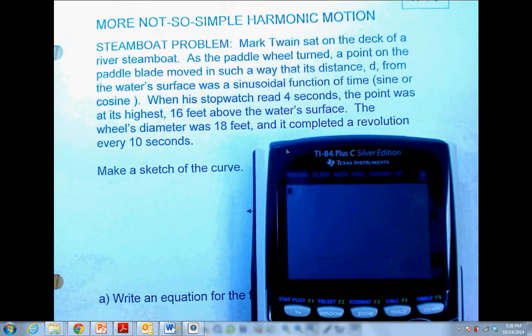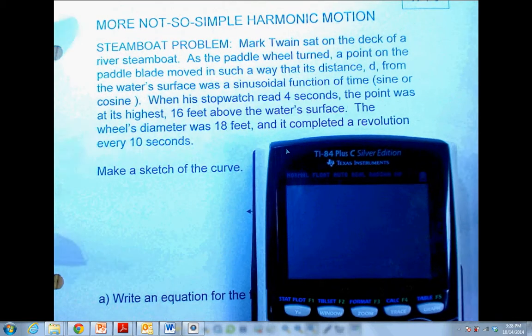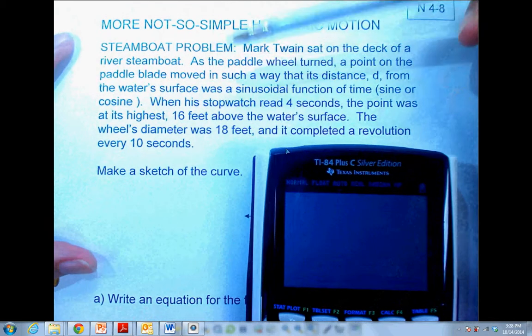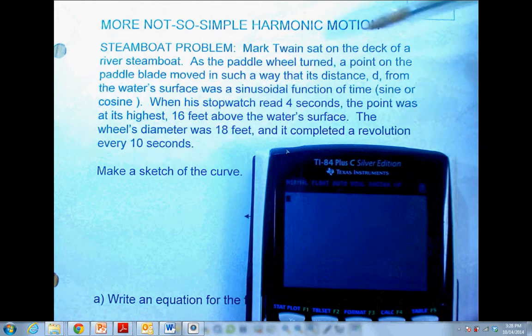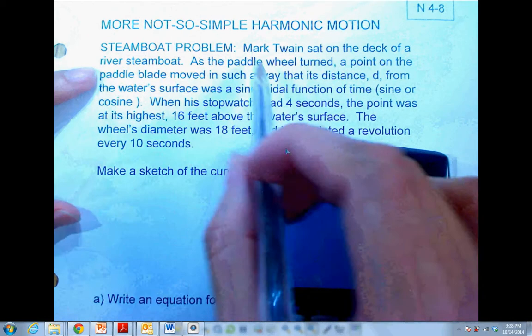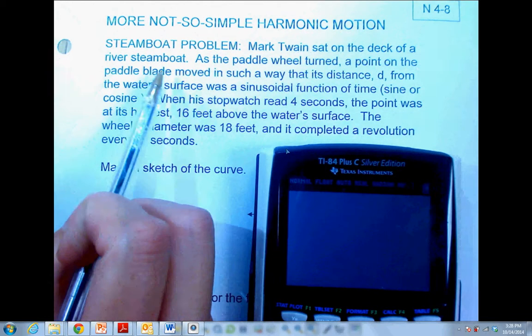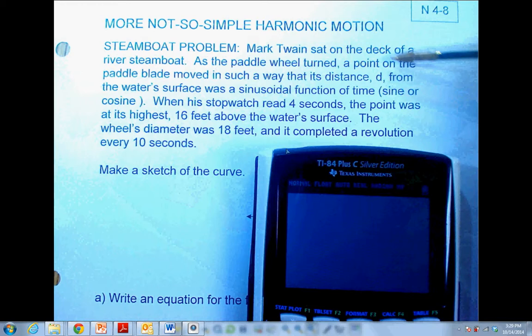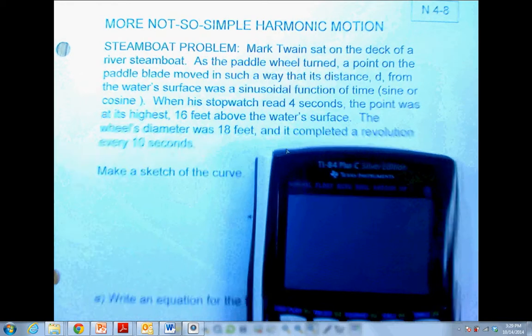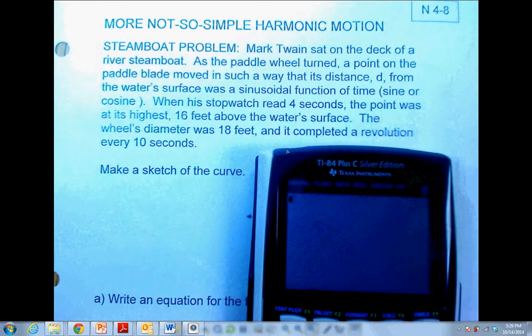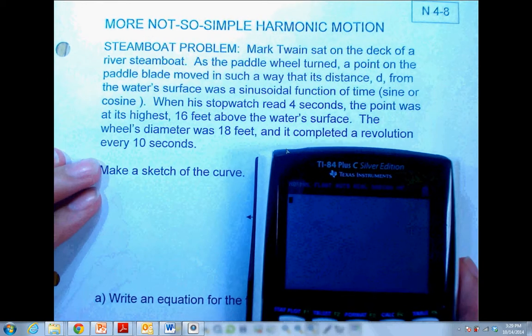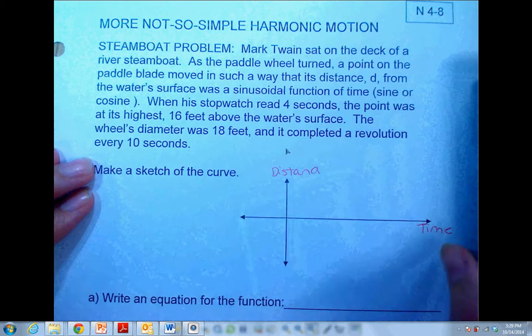We're going to go through some more not so simple harmonic motion problems. In this problem, Mark Twain is sitting on the deck of a river steamboat. As the paddle wheel turns, a point on the paddle blade moves in such a way that its distance, d, from the water's surface is a sinusoidal function of time, sine or cosine. So from this, we already know that our x value is going to be time and our y value is